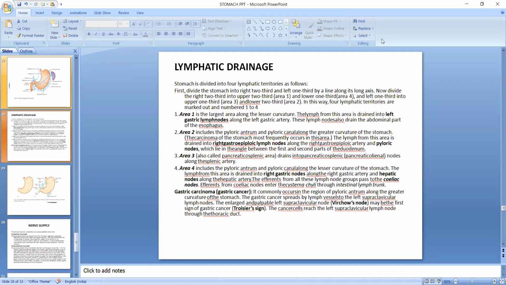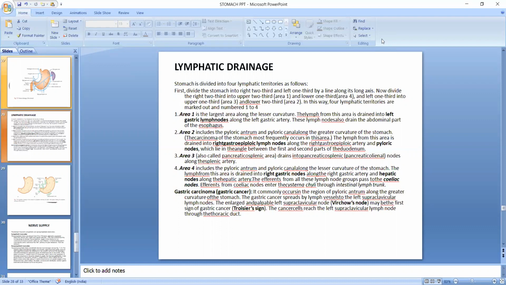Area number 3 drains into the pancreatosplenic nodes along the splenic artery. And area number 4 includes the pyloric antrum and pyloric canal along the lesser curvature of the stomach. The lymph from this area drains into the right gastric nodes along the right gastric artery